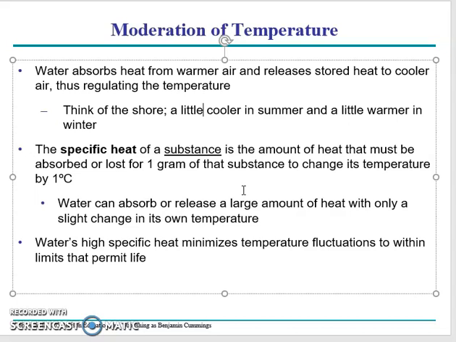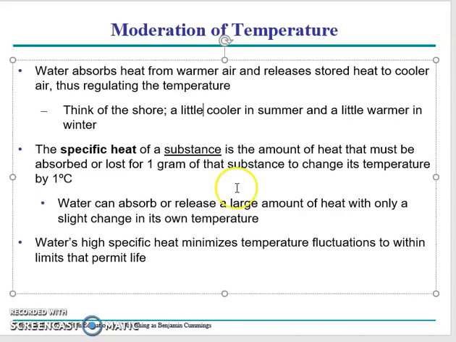Now, if you think about human beings, we have about 5.5 liters of blood, and about half of that is water in our systems. You don't want your temperature changing immediately. You want to have a little bit of lag time. Think about the last time you went into your hot car in the parking lot. If you don't have those sun shields on your windshield, your car can be 130 degrees inside, even warmer. You don't want your body temperature automatically going to 130 degrees. That would be awful. So what regulates that is the large amount of water we have in our bodies. It takes a lot of energy to change the water temperature significantly.